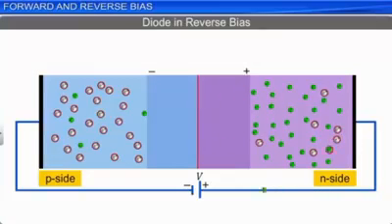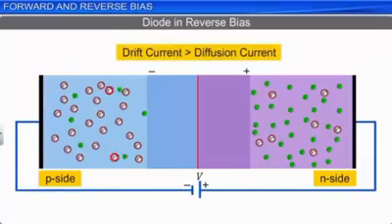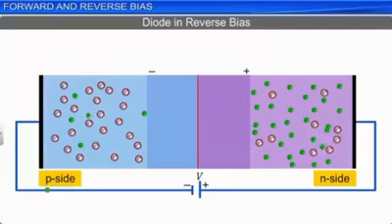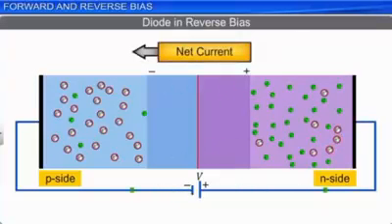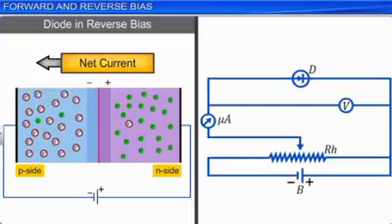Thus, in a reverse biased diode, the diffusion current decreases much below its equilibrium value, while the drift current remains unaffected. The drift current is now greater than the diffusion current. Hence, a net current flows from the N side to the P side in a reverse biased diode. The net current is small, as the drift current itself is small, and hence the net current is even smaller. The net current flowing through a reverse biased diode is of the order of a few microamperes